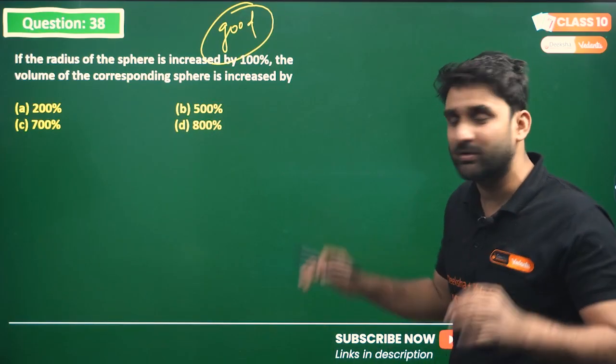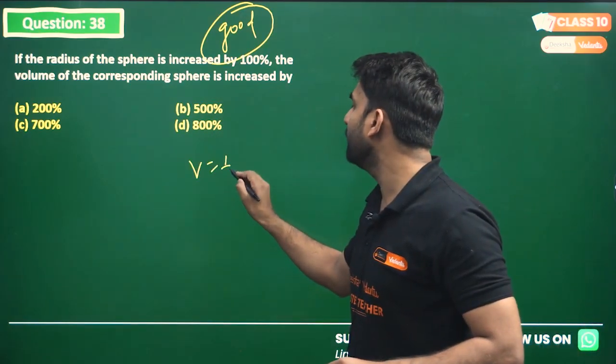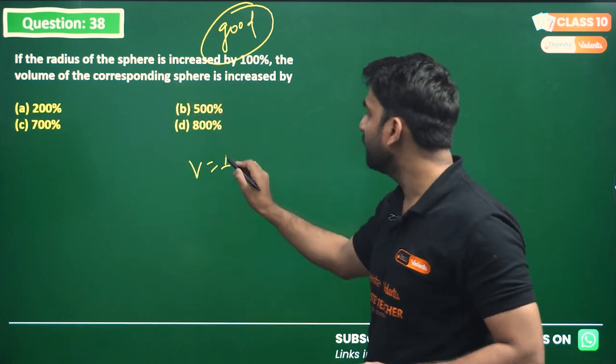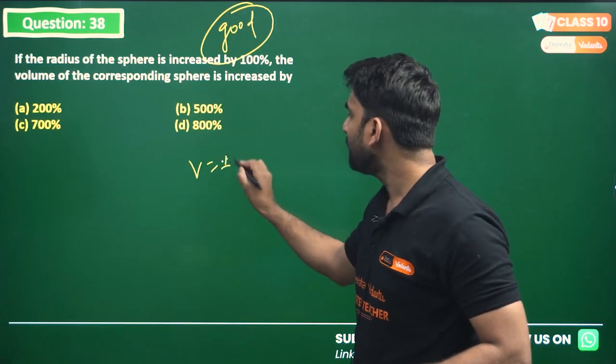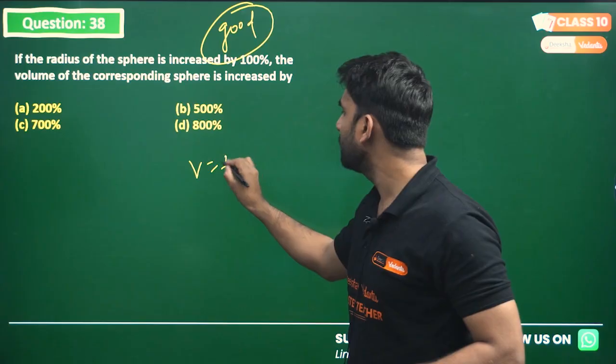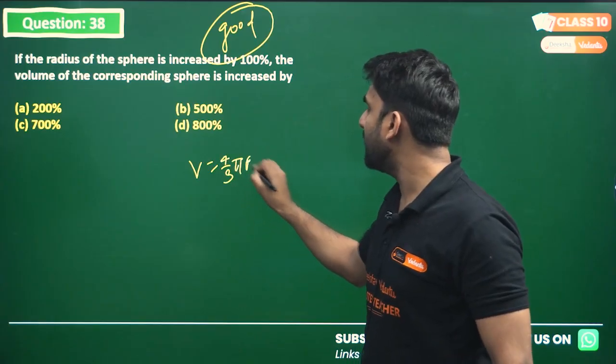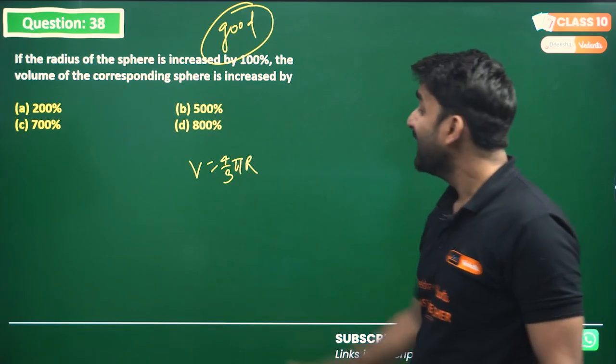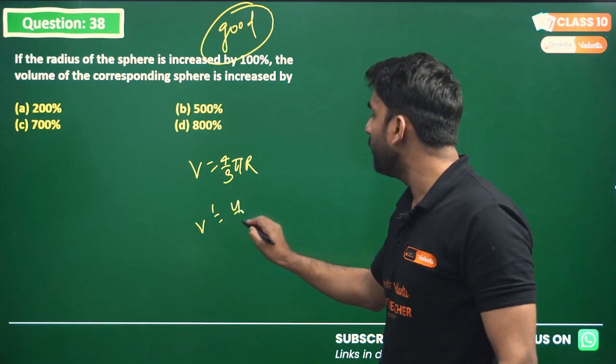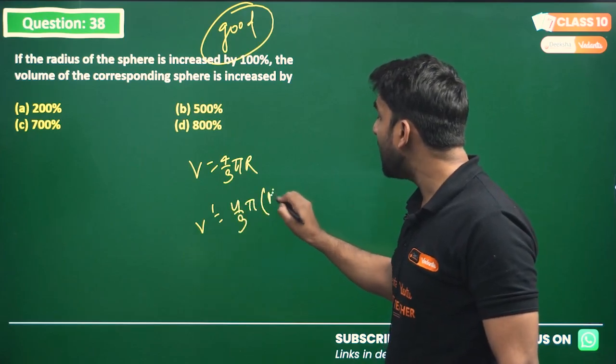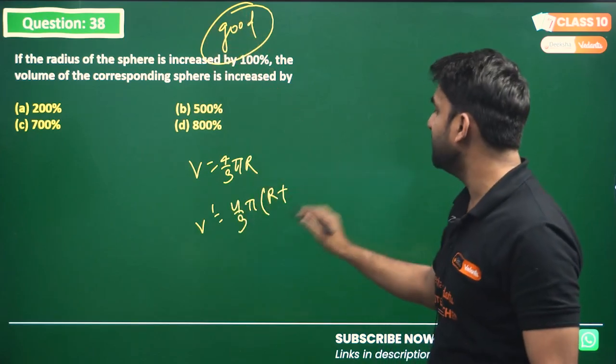My dear, very easy question. So the initial volume will be, we are talking about a sphere, so the volume of a sphere is 4 by 3 pi r cube, right? This is the original volume, and the next volume will be 4 by 3 pi r plus 100% increased, means